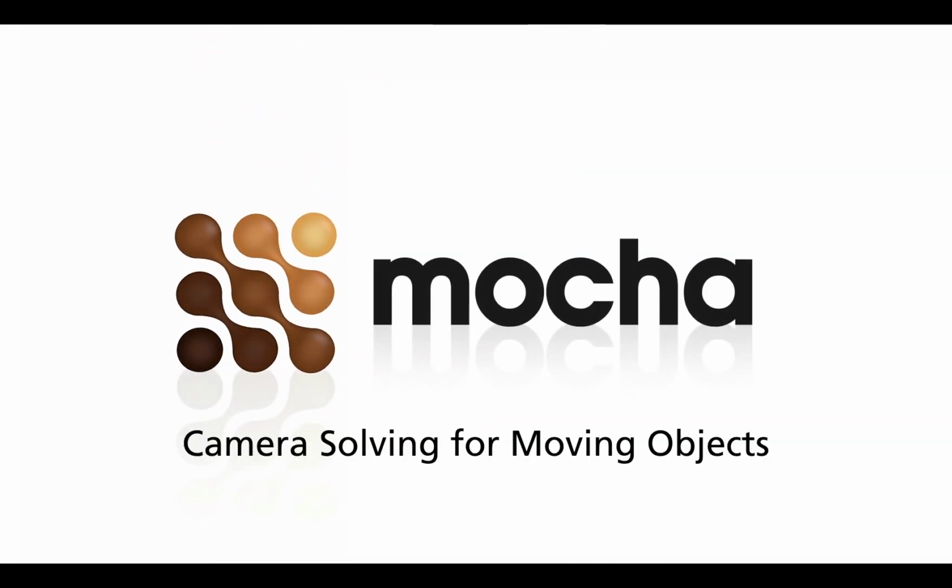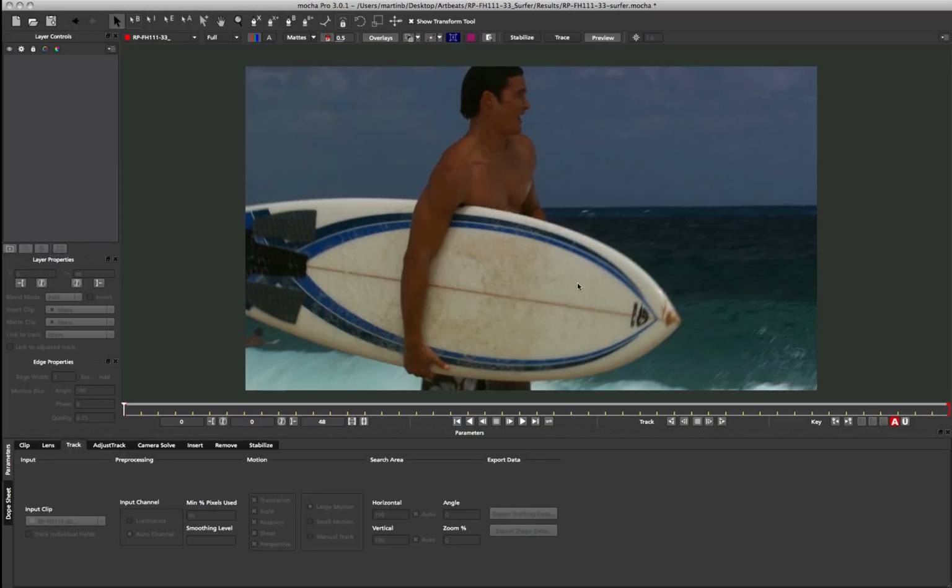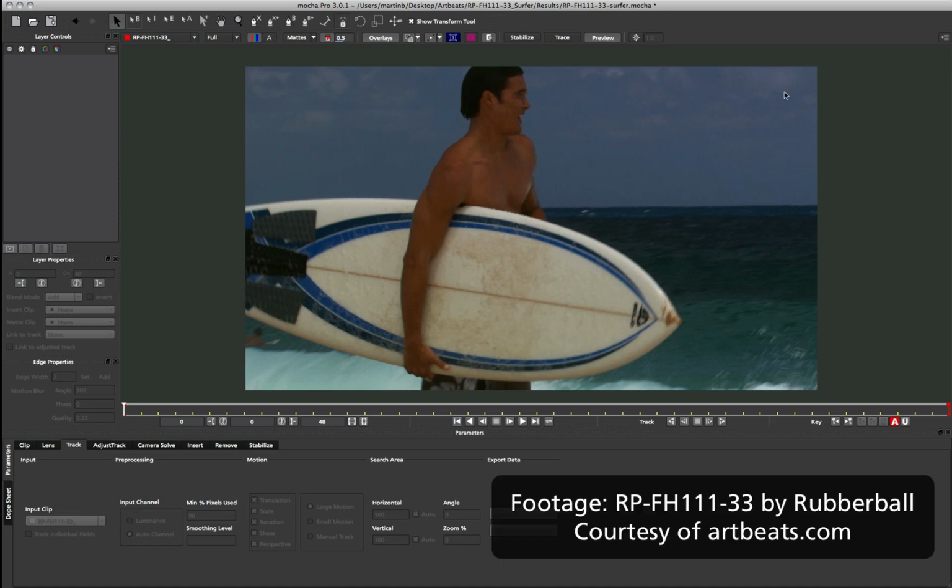Today I'm going to quickly show you how to track moving objects inside Mocha version 3 to get 3D camera solves off that moving object. To do this, we need to actually solve the static camera for the scene and then calculate the track for the movement in the scene as well. So I'm going to start first off by tracking this scene in the static areas so that we can solve